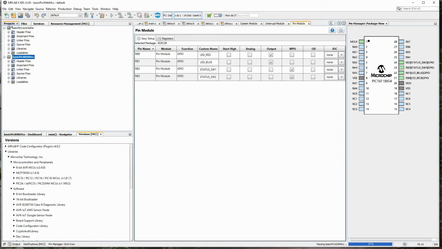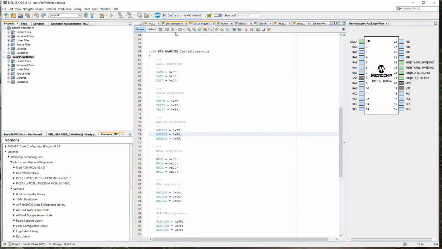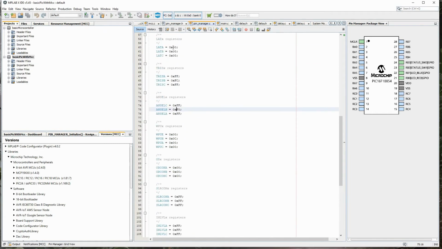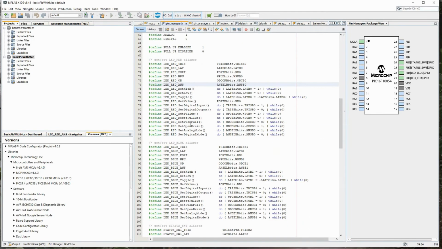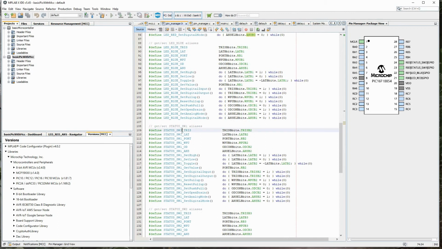Now if you come to the project and I think we had opened up pinmanager.c and pinmanager.h, you can see the switch status has come. So for the switch, for reading we will use SW1 port; for writing it is latch, for reading it is port.